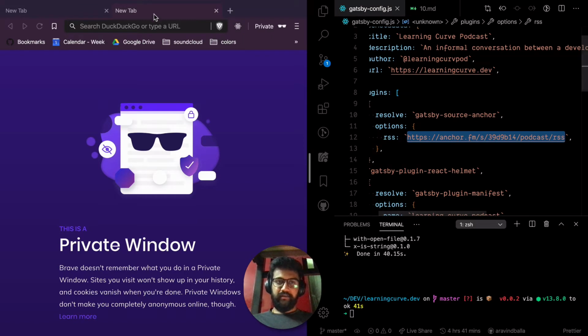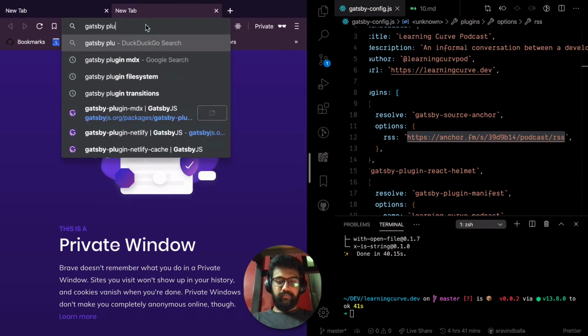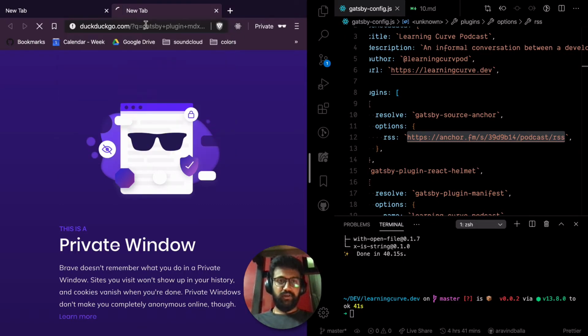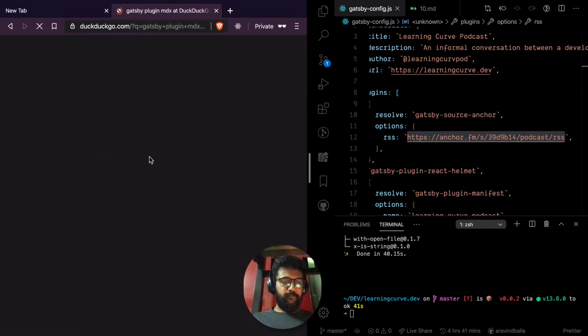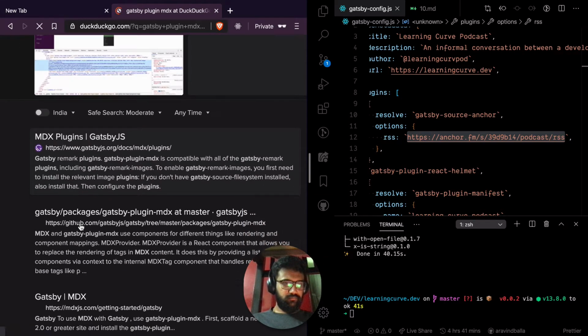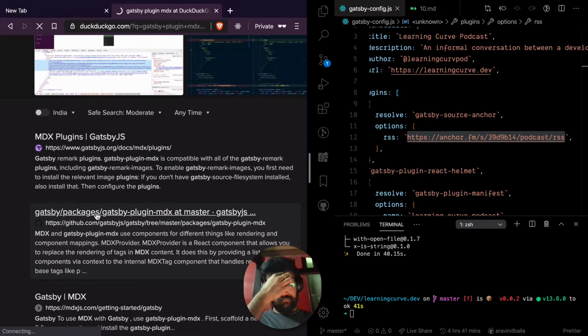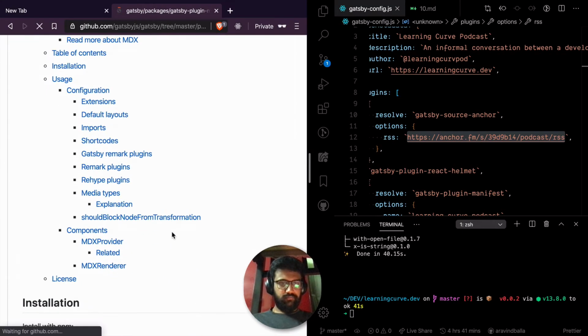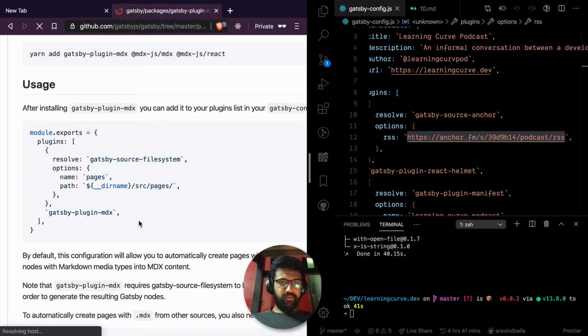Okay, so for that, let me open Gatsby plugin MDX for the docs. So for that, I have to add these plugins here.